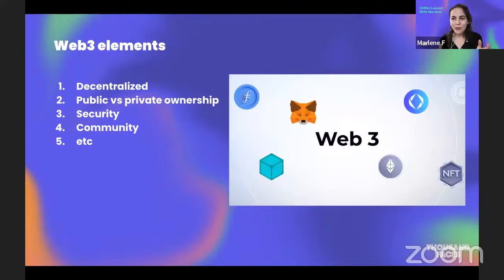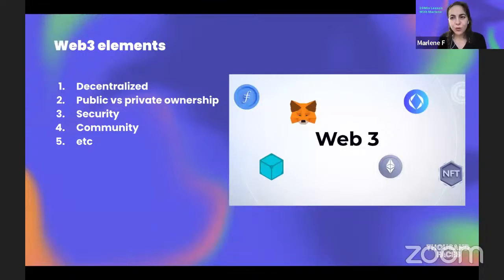So moving on, Web 3. One of the main differences between Web 2 and Web 3 is that Web 3 is a more decentralized system. So in between the users, there's not a central system that has to pass the communication between the users. Whether it's business or personal, the users have access to one another in a direct system. There is a more technical explanation of how this works, and one of the short lessons will be about the blockchain and the technicalities of how it works, for those of you who are interested.